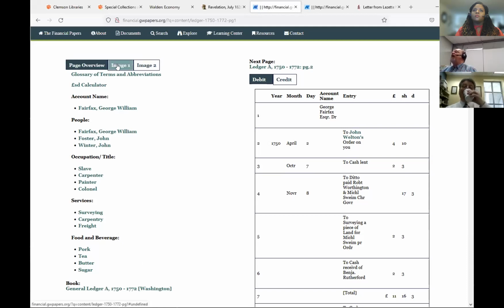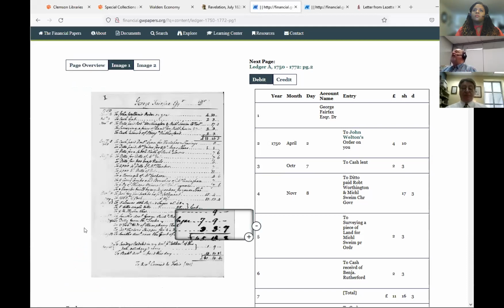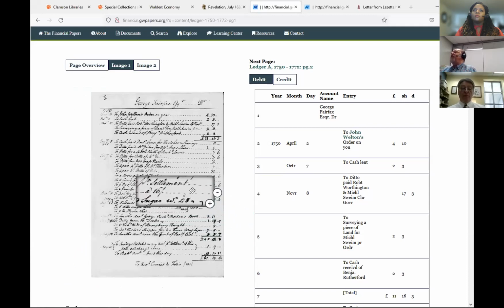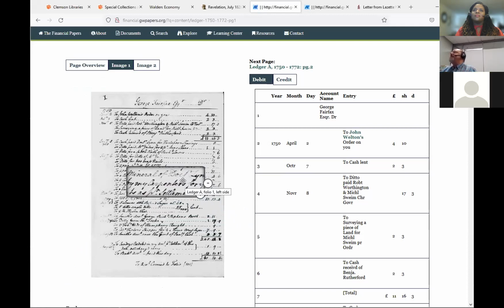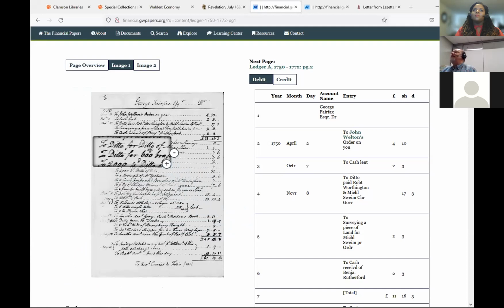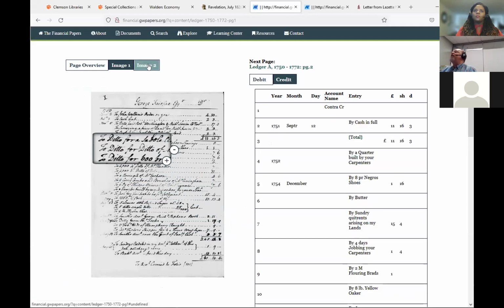And then you actually have not only an image, but you've got a little magnifier so that you can see things a bit better. And of course, you've got the credit side